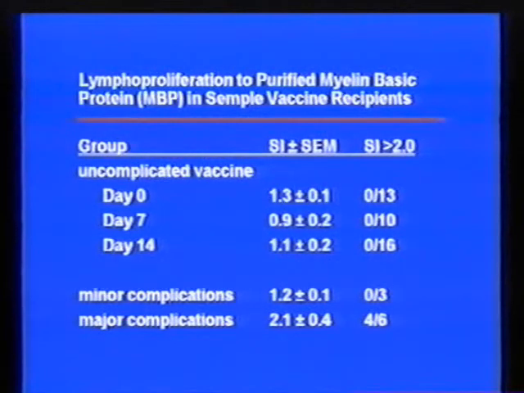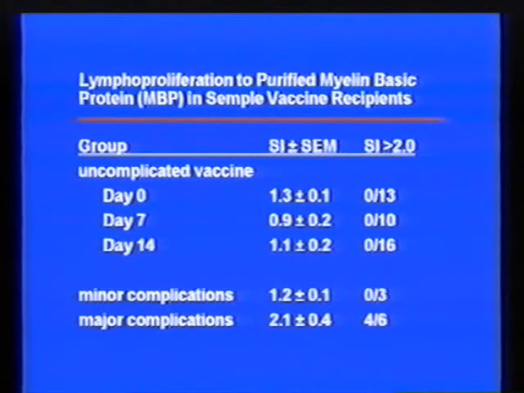So in these experiments, this group took lymphocytes, blood cells out of the blood, and put them into culture and stimulated these lymphocytes with this myelin basic protein that they hypothesized was something that the cells were responding to produce this disease. So if you compare the proliferation of lymphocytes, this is now being done in a dish of cells taken from patients who had received the vaccine but who had not had any complications, and compare them to cells from patients who had had complications following the vaccine, and study the